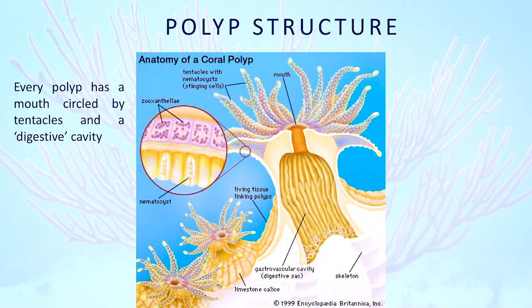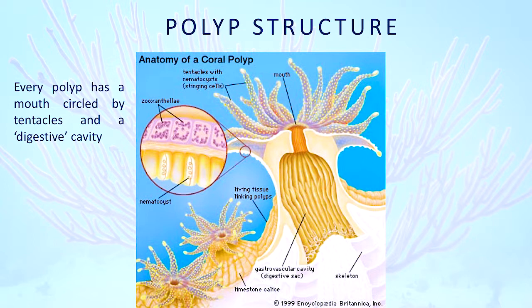So the coral polyps, which are also very closely related to jellyfish, have these structures called nematocysts. These are like harpoons, which are spring-loaded. And what these harpoons do is when they come into contact with any sort of small marine organisms which might be floating in the marine environment, they may touch one of these tentacles, and what happens is this harpoon shoots out and it injects a poison or a venom into these